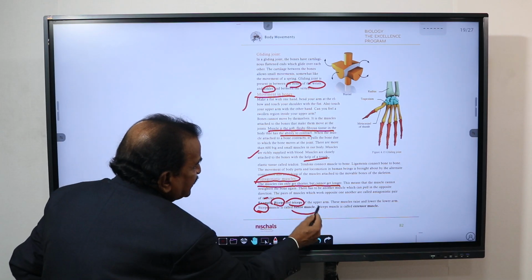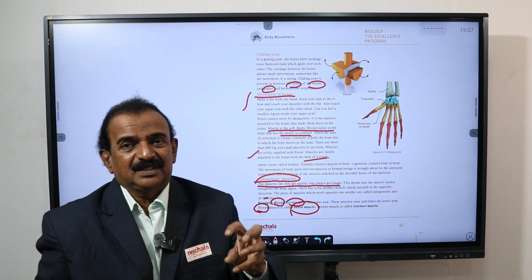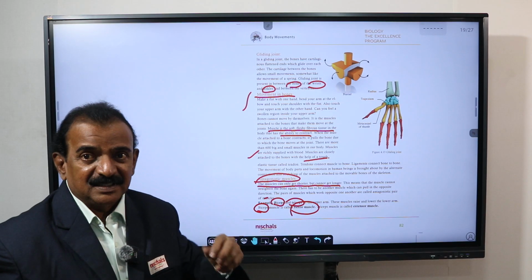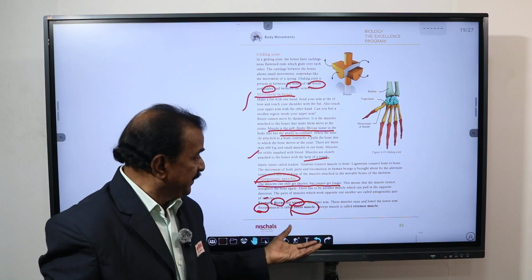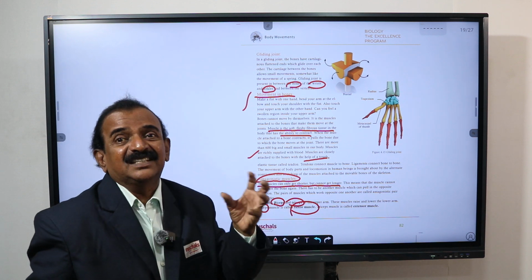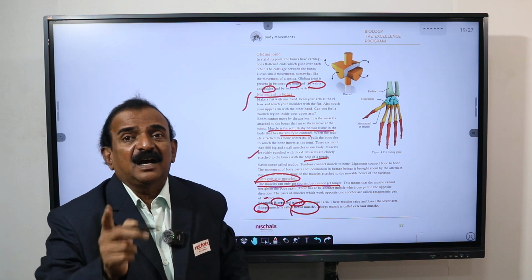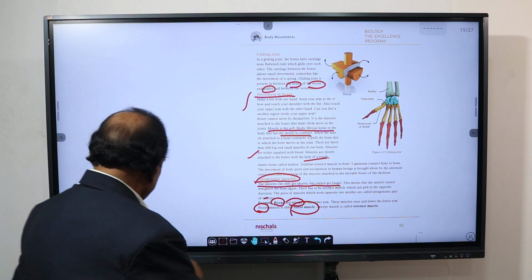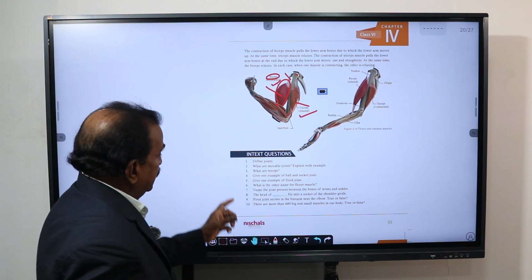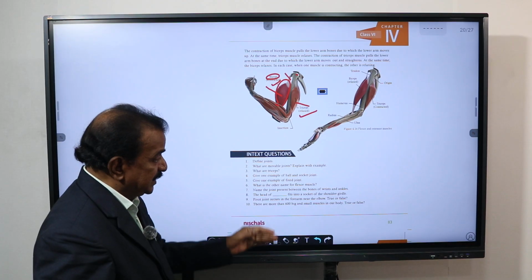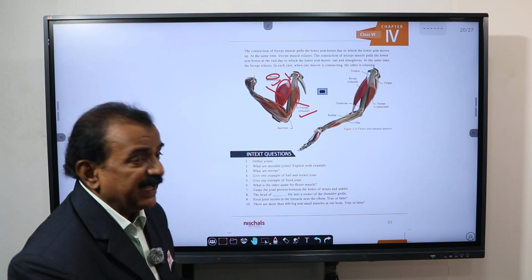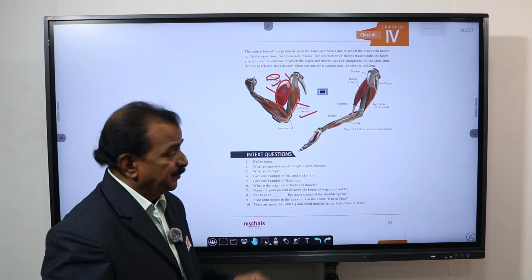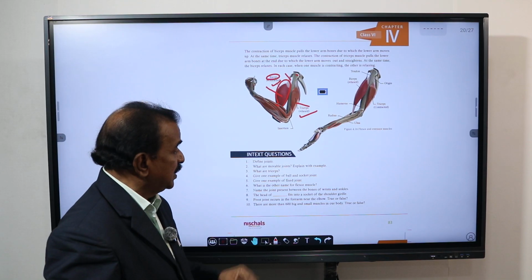The biceps muscle is also called the flexor muscle. In an examination you may get a question like, what is the other name for biceps? At that time you need to write that the biceps muscle is also called the flexor muscle, and the triceps muscle is called the extensor muscle. And here there are 10 questions at the end of this page 83, and these are called in-text questions, and now we need to give answers for all these questions.